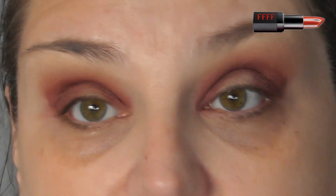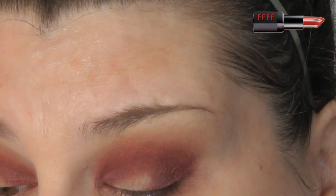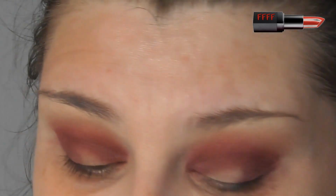The skin on your eyes, both your lid and here, is the thinnest skin in your entire body. If you were to imagine your body was, say, letterhead paper thickness, your face would be probably newspaper thickness, but your eyes are tissue paper. Treat them as gently as you would tissue paper. Right, so